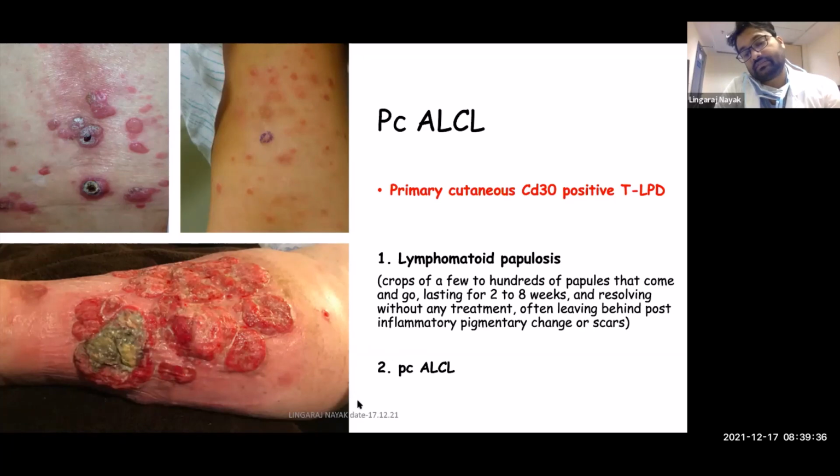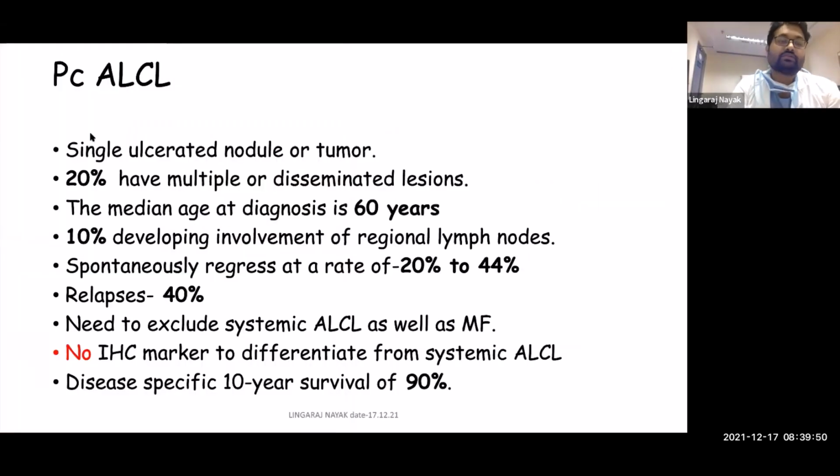Now, the disease for us to understand is primary cutaneous ALCL, and this is the picture. This picture is typical of primary cutaneous ALCL. As you can see, they are large nodular lesions, and this is also similarly primary cutaneous ALCL. So now, as I said, in lymphomatoid papulosis, there are crops of lesions. In primary cutaneous ALCL, you can see single lesions, which are tumorous or ulcerated nodules. 20% can have multiple or disseminated lesions. The median age of diagnosis is around 60 years. As I said, very few will have involvement of sites other than skin. Only 10% can develop